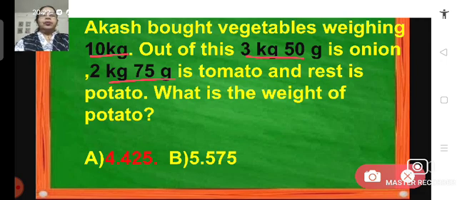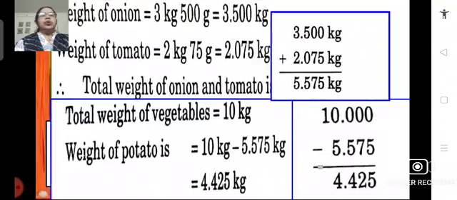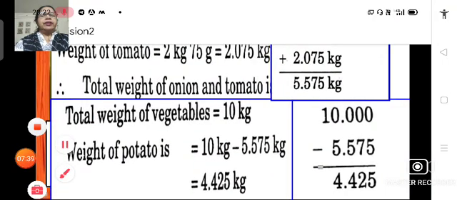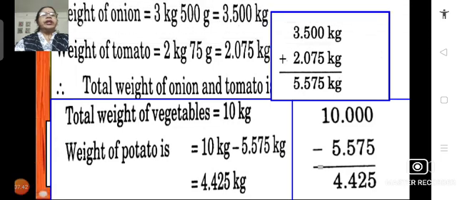Then we get the weight of potato. So we have the options here, but let's solve the problem first. Weight of onions is 3 kilograms 500 grams. That means 3.500 kilograms, isn't it? Weight of tomato is 2 kg 75 grams. That means it is